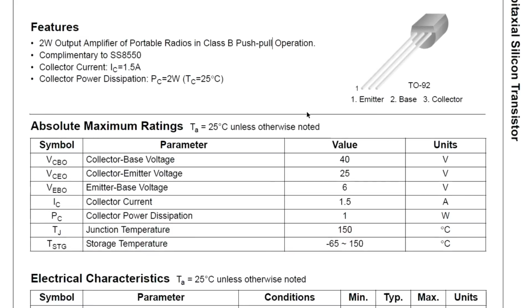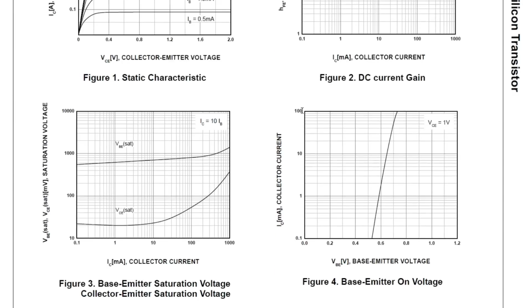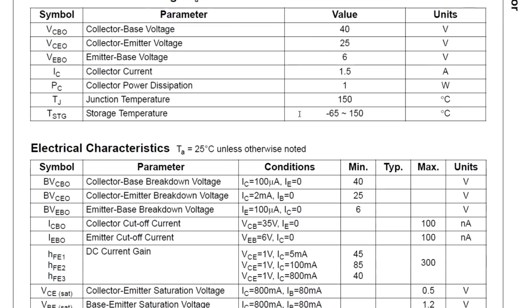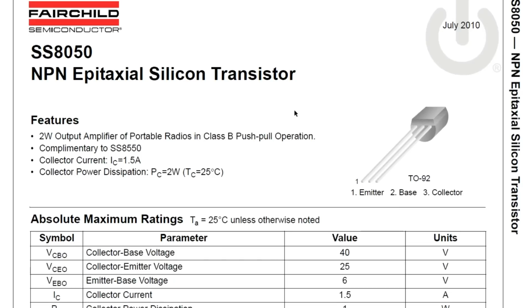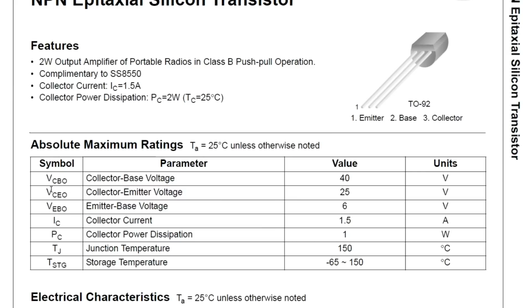If you look at the datasheet of this SS8050 transistor, you can find the maximum collector emitter voltage. It's called VCEO. Look here. It's written here that this transistor can withstand 25 volts on its collector emitter junction. So this transistor is not suitable for driving a 30 volt DC motor because it will be destroyed when the transistor is off. Now we have to look for an NPN transistor with VCEO equal to or higher than 30 volts. In my third search, I found